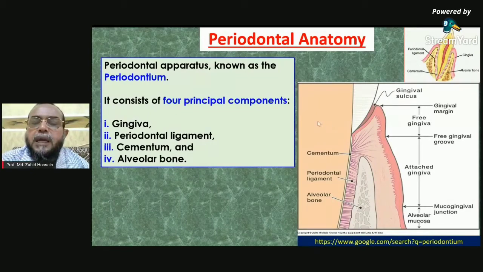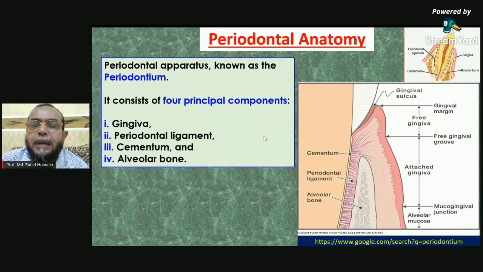So to keep the periodontium healthy, we should know about this structure, about the diseases that can occur around it, and what the consequences of this disease are. Periodontal disease starts slowly with gingival color change or a little bad breath, sometimes little bleeding, sometimes little pain. Gradually it extends to the deeper structures, and then there is ligament loss, cementum loss, and bone loss. If we don't care about it or don't go to the dentist for treatment, gradually the tooth becomes loose and can exfoliate.